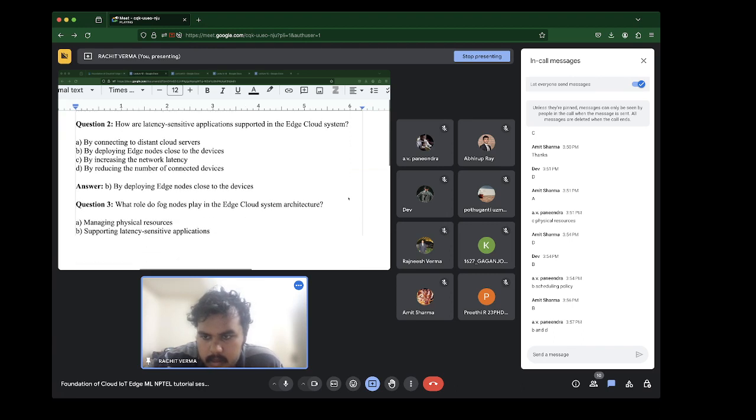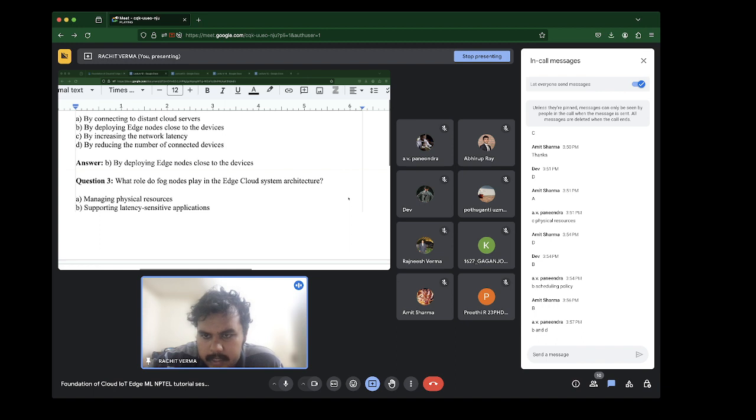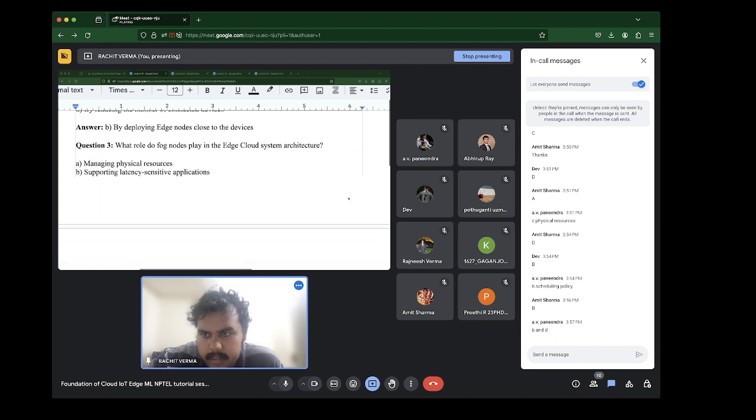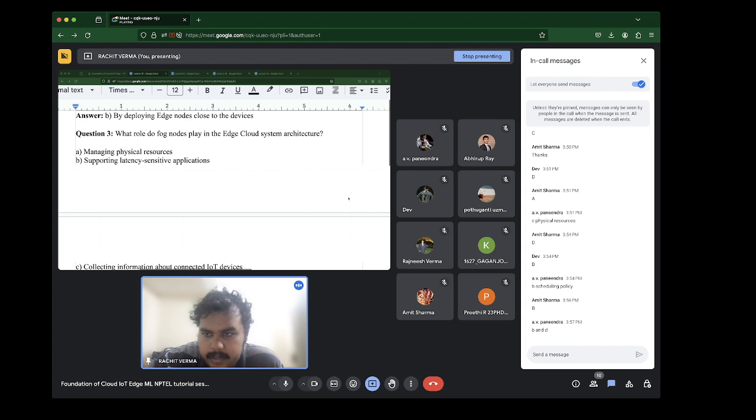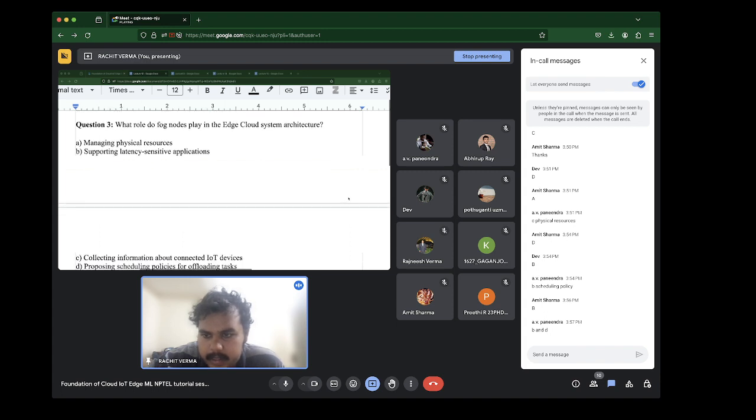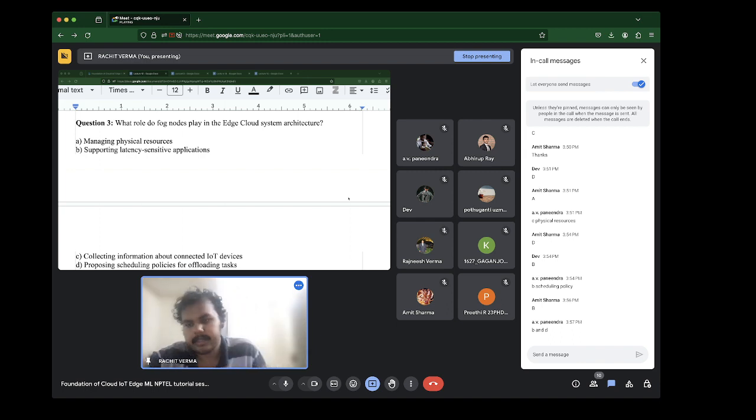So what role do fog nodes play in the edge cloud system architecture? Is it A, managing physical resources, B, supporting latency sensitive applications, C, collecting information about connected IoT devices, or D, proposing scheduling policies for offloading tasks?